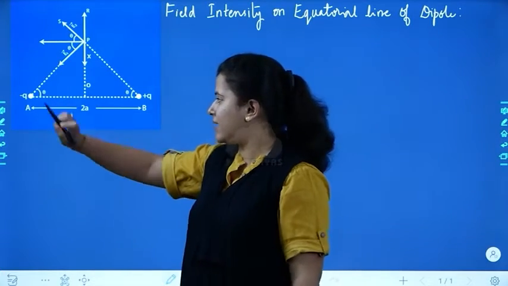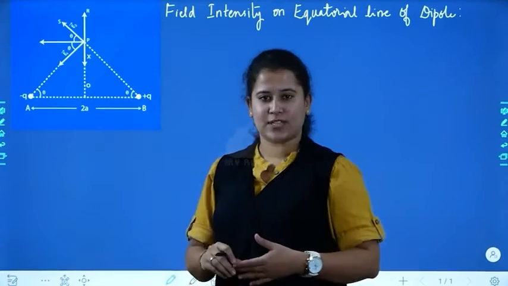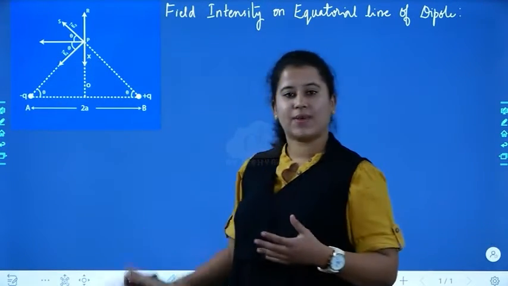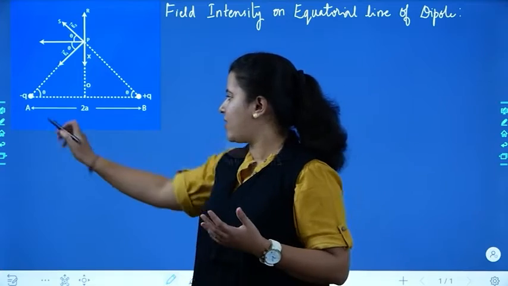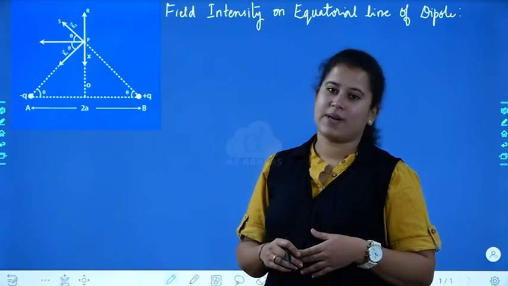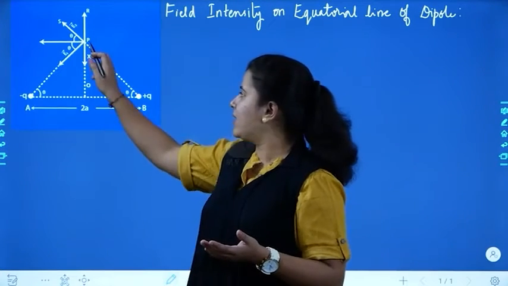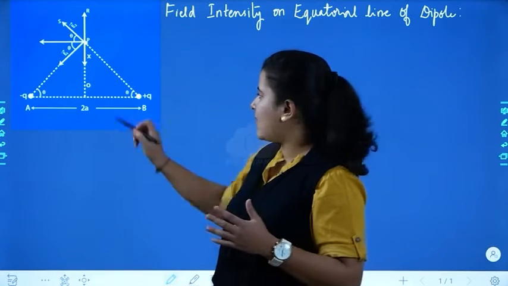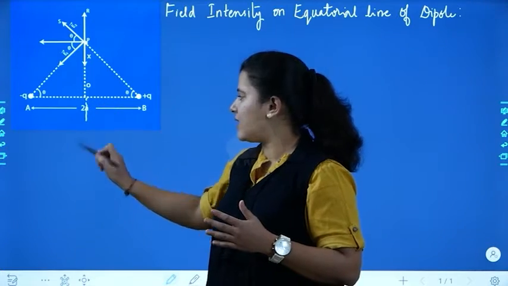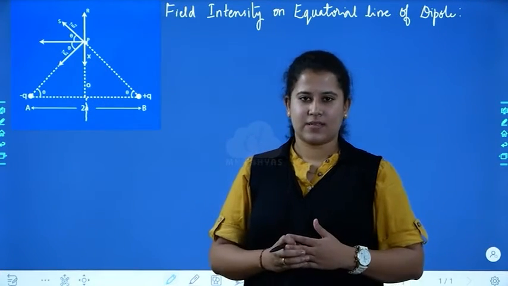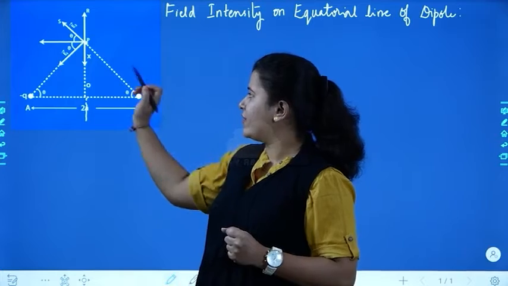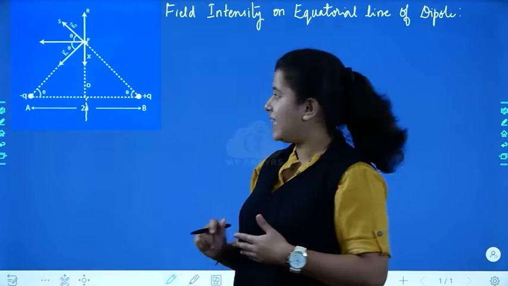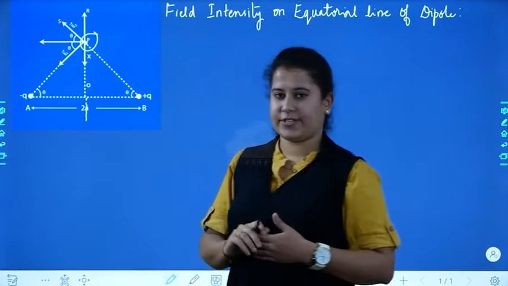So here I have minus q charge and here I have plus q charge, which are placed at point A and point B. So this is my electric dipole, and the distance between minus q and plus q is 2a. The equatorial point I will be taking at the point P here, which is called transversal, that is, whenever this line is extended, it breaks exactly into two parts. Clear? So first, we have to find the electric field intensity at this point P.